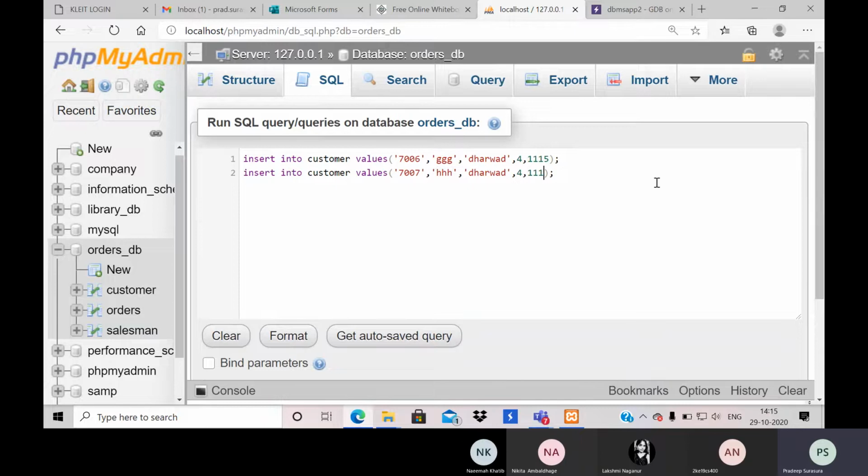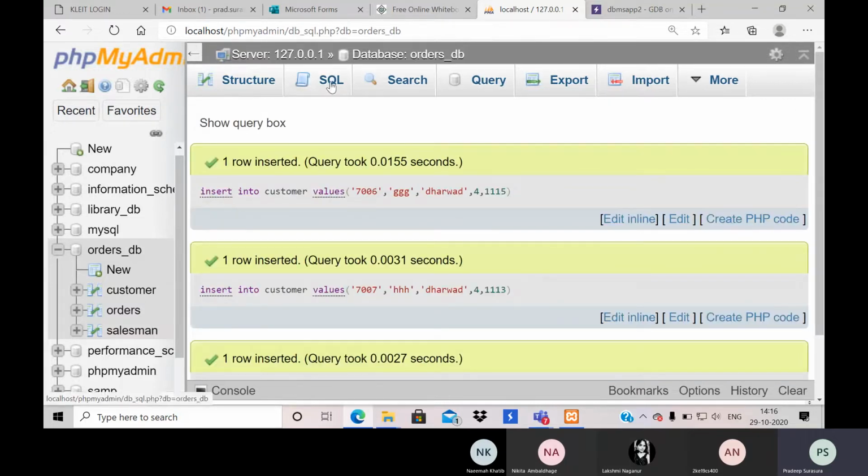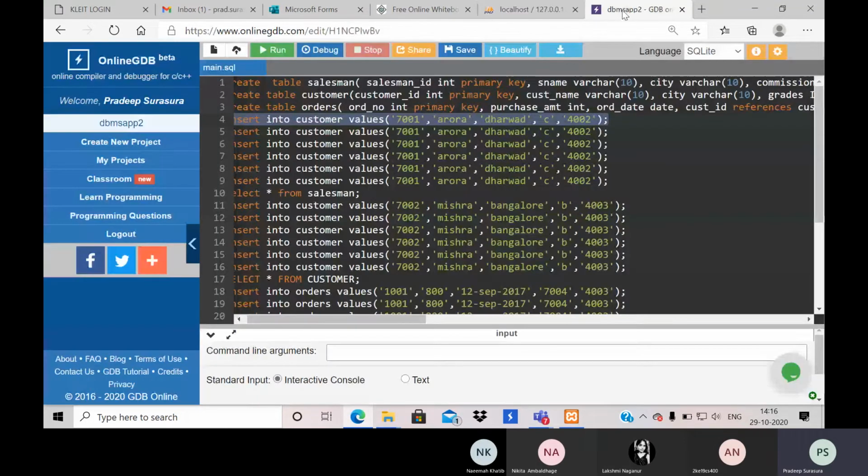This I will take as 3, just to make sure that these are the customers. It will not have any problem if I give some other names as well. Okay, let me add some more things and complete this table.